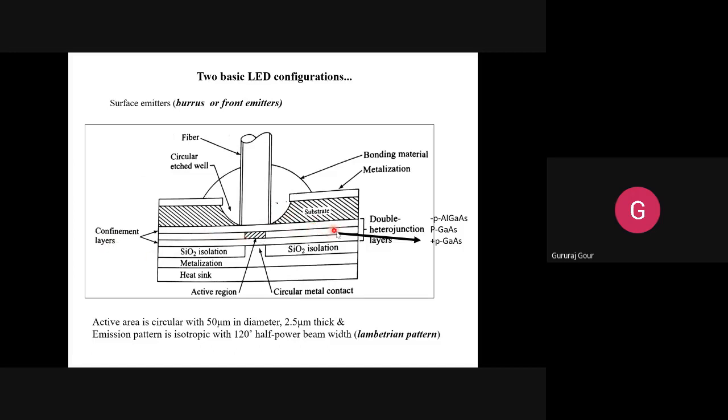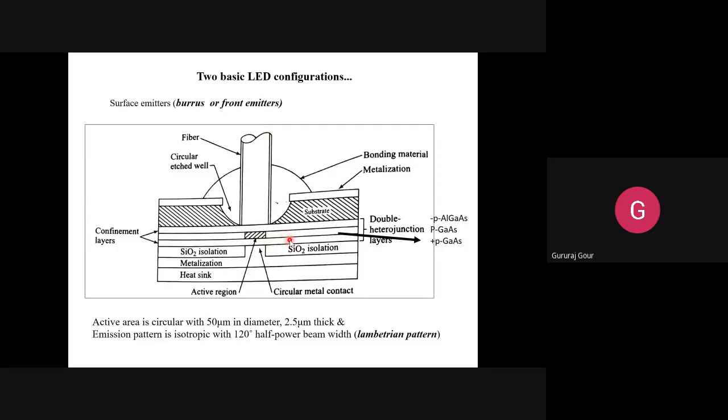Of course, light guiding layers are going to help the optical confinement, meaning they are going to contribute much to the coherency or increasing the radiance of the emitted light. But along with this, we are also getting extra contribution from this HDBL. This is also going to contribute a little bit to the coherency or radiance improvement of your emitted light from this active layer. So for that purpose, this HDBL will be made, and that will be filled with this bonding material to bond the external thing, what you want to connect, the fiber with these three